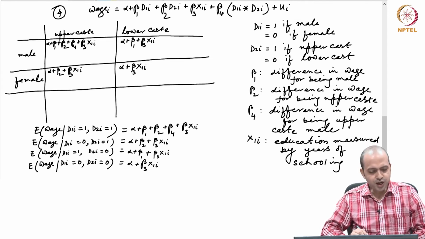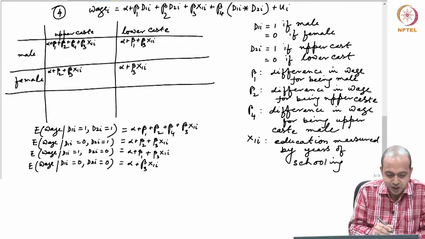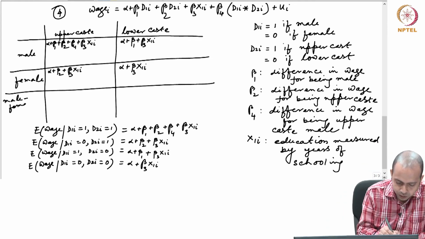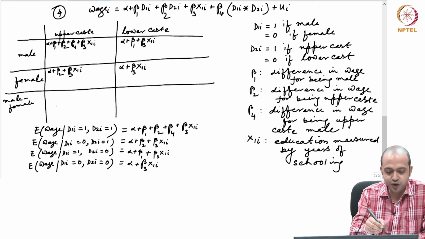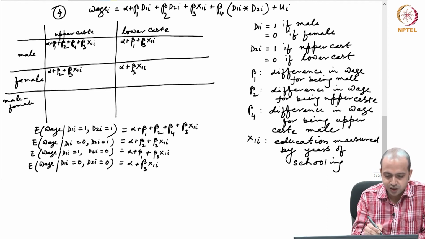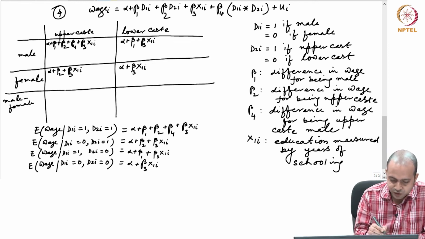Okay. So, now what I will do, since my objective is to get the gender difference in upper and lower caste, this I will get as male minus female. Okay, male minus female for the upper caste. So, from this minus this if you do, what will happen? Alpha will cancel, beta will cancel, beta 2 and beta 2 will get cancelled out. So, I will get this minus this equals to alpha plus beta 2 will vanish, alpha plus beta 2. So, you will have beta 1